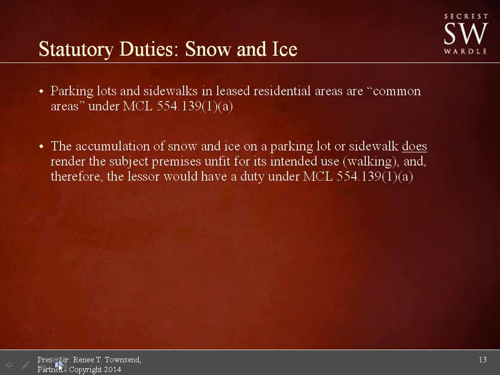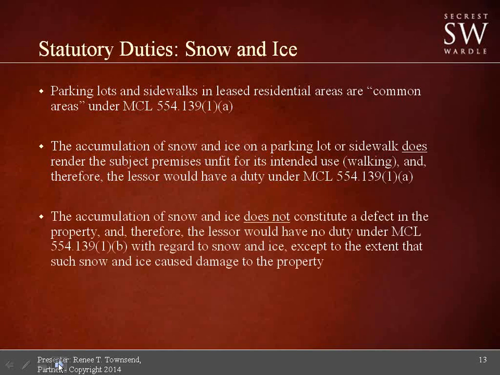There have been cases in which a tenant has alleged to have slipped and fallen on ice in a parking lot, only to have that case dismissed because evidence was presented that other people were able to walk through the parking lot without falling. The courts have held that to be evidence that the parking lot was fit for its intended use. But the natural accumulation of snow and ice is not subject to the lessor's duty established in Part B of that statute,